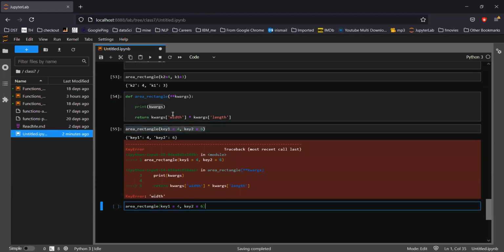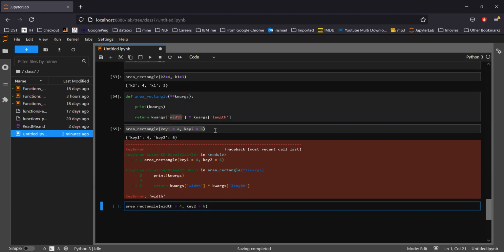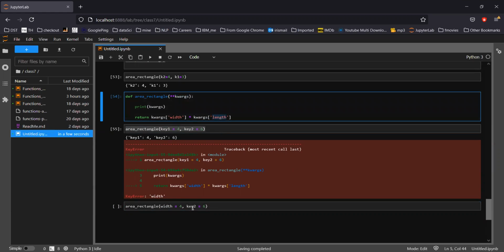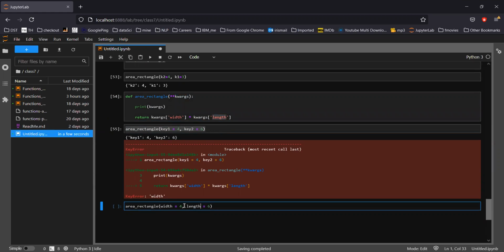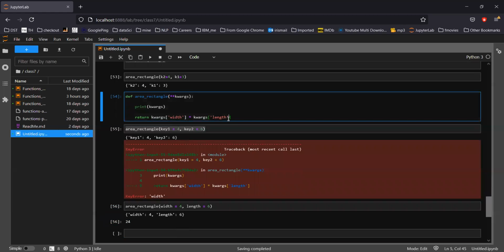So this keyword argument always expects a proper key, whatever is going to be used. Now I'm passing width equal to 4, length equal to 6, and it returns the result, that is 24. No doubt we can handle it with a lot of if else clauses, we can handle the exception, but this is another way to pass keyword arguments where you are expecting a specific key.